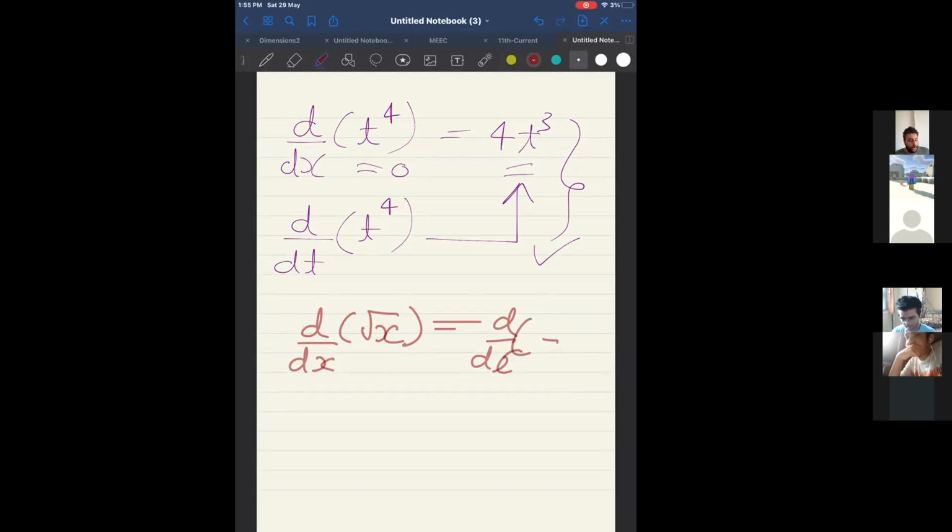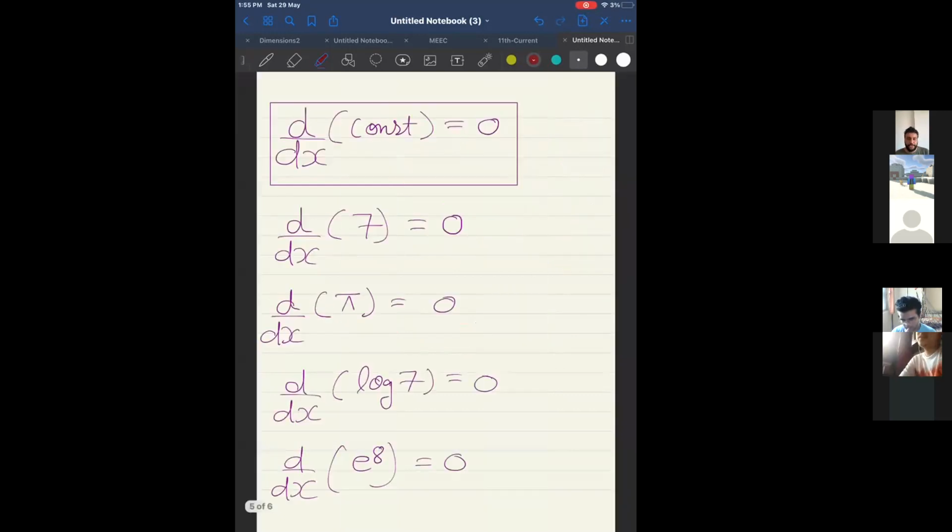Now all these are examples of constants. But some numbers are always constant. Can I say if it was d by dx or d by dt, the answer would still be zero, because this number does not have any variable. So here d by dx, d by dt, d by d anything, the answer would be zero, because a number is always a constant, and any term which does not have x, with respect to x, is a constant. Okay. Yes, sir. Got it.